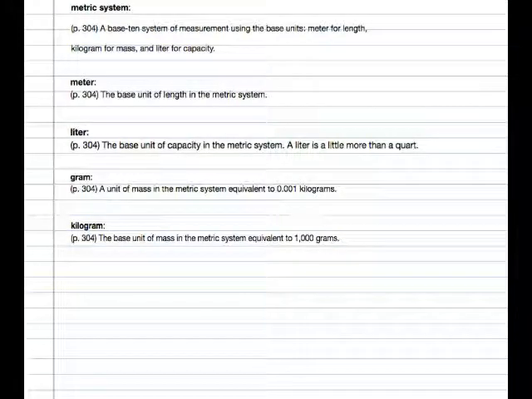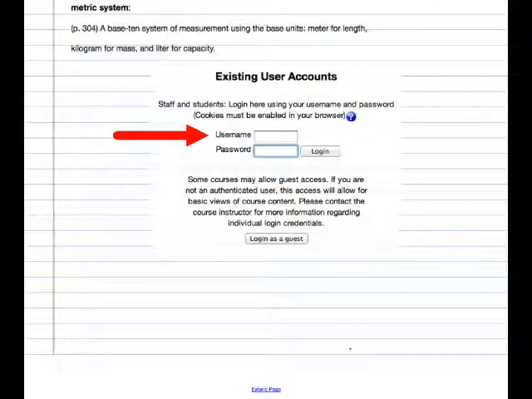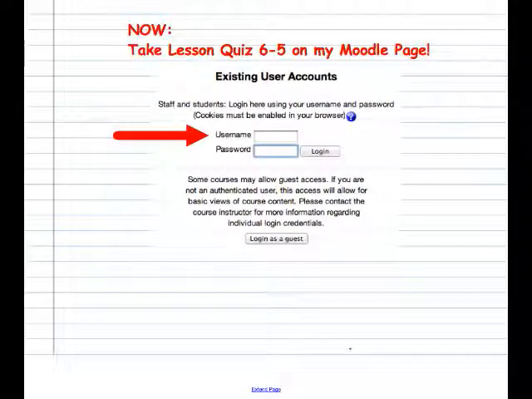At this point, we have 1, 2, 3, 4, 5 new vocabulary, all related to the metric system. You can find those in your book or on the online glossary. At this point, you should quit the video, go back to my Moodle page, and take the Lesson 6.5